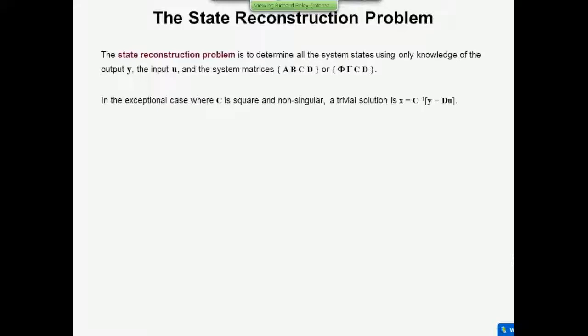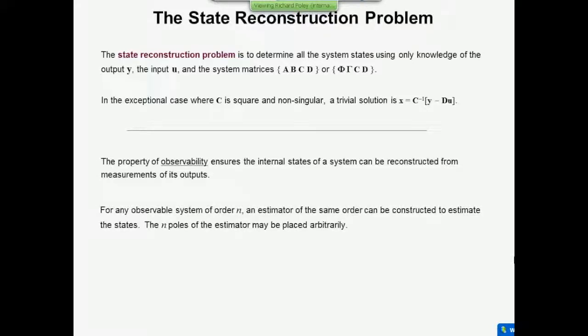Now, of course, I mention this in passing because I have to mention it, but it's downright obvious, isn't it, that if C is square and invertible, and you know what D is, there are times when you can get hold of the state vector at the output. But it's never going to be the case. You're never going to get a square matrix with C, and if it is, is it going to be invertible? It's not, right? So let's discount the trivial case right now, because if that was the case, you wouldn't need an estimator in the first place. I'm assuming that that's not the case, and you'd be lucky if you ever come across a situation like that.